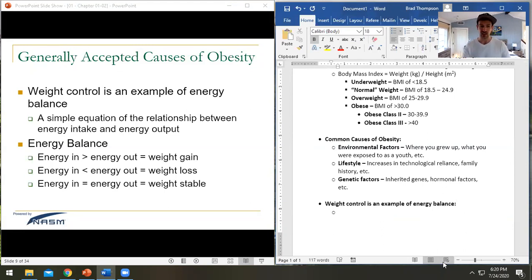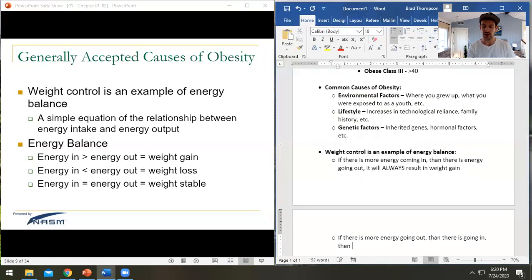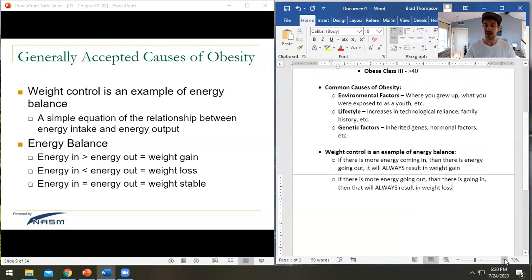At the end of the day, if there is more energy coming in than there is energy going out, it will always result in weight gain, right? And if there is more energy going out than there is going in, then that will always result in weight loss. And if there is a balance,